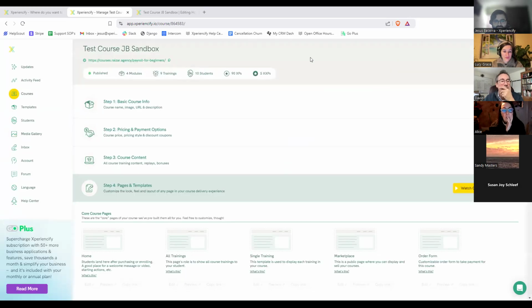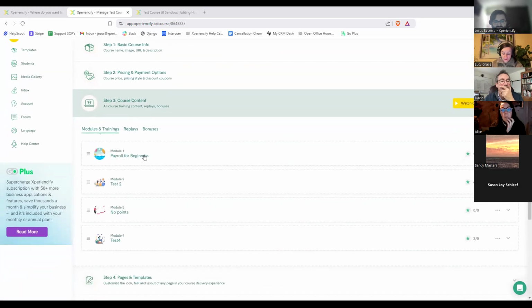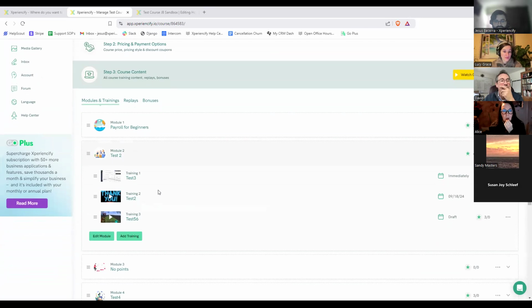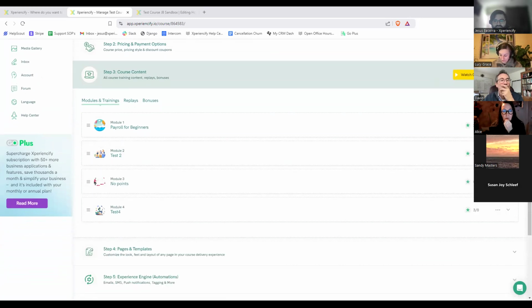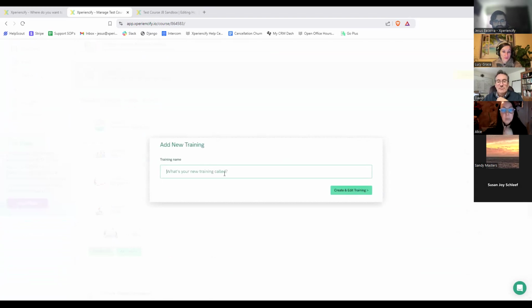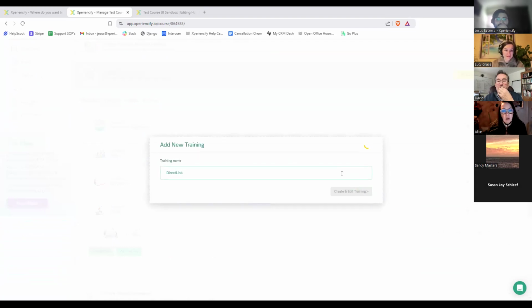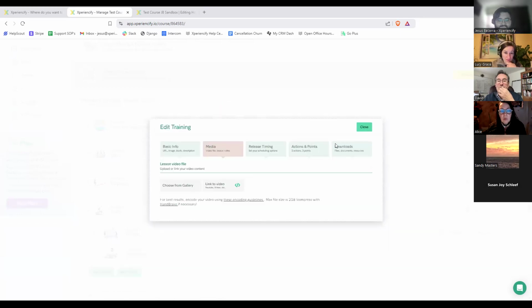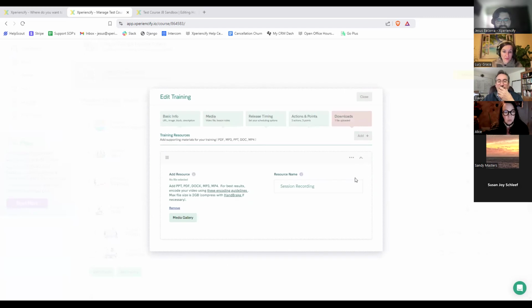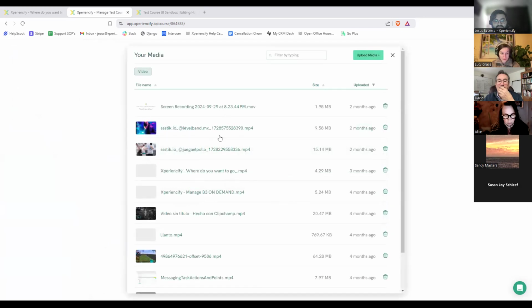The way to do it is you can go to step 3, course content. You can go to any training. You can create even just a new one for this. Right here in module 4, I'm going to click add training. And in the part where it says video media, or even you can use the downloads, I think. Let me see. Yes, you can use the downloads too. But I'm going to use the media. So I'm going to choose from the gallery